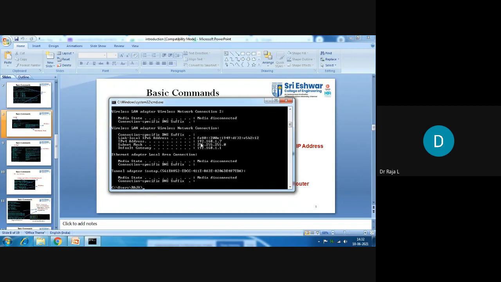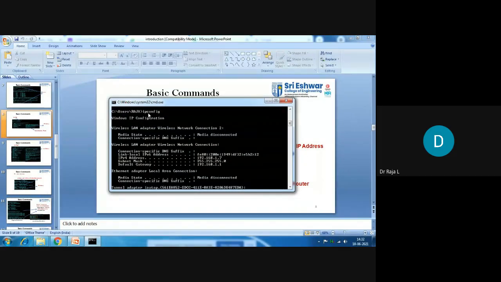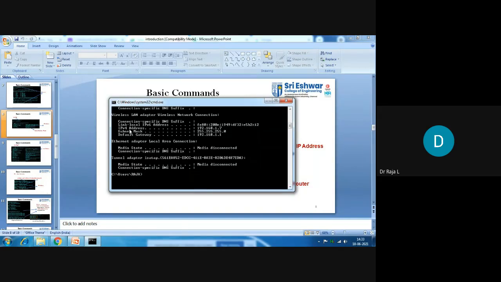Students, kindly answer. Okay, you just see. I have given the command as IPCONFIG. There should not be any space. Once you type that and press enter, you will get information relevant to your computer or laptop. When you scroll down, you can see the IPv4 address. My internet protocol version 4 address is 192.168.1.7. This is my IP address, and my subnet mask is 255.255.255.0, and my default gateway.